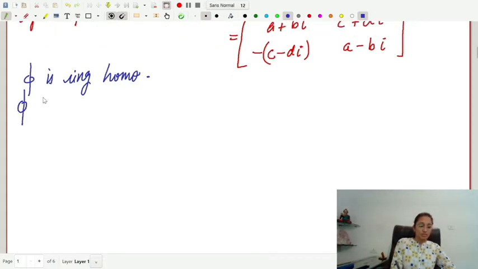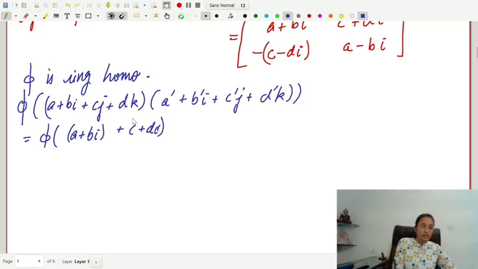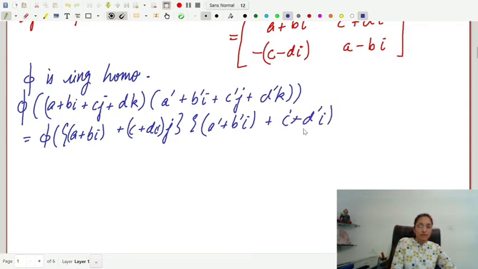For it to preserve multiplication: phi of a plus bi plus cj plus dk into a dash plus b dash i plus c dash j plus d dash k is equal to phi of a plus bi plus c plus di into j, into a dash plus b dash i plus c dash plus d dash i into j is equal to